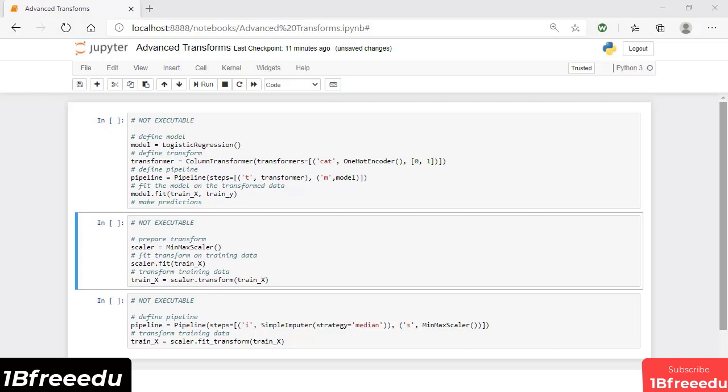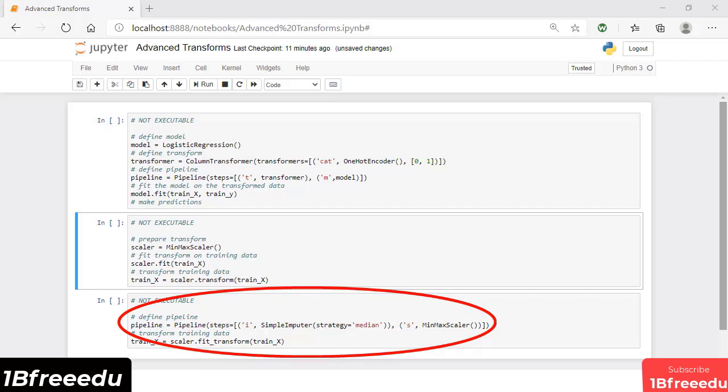It's important to prepare data prior to modeling. This may involve replacing missing values, scaling numerical values, and one-hot encoding categorical data. Data transforms can be performed using the scikit-learn library. For example, the simple imputer class can be used to replace missing values, the min-max scaler class can be used to scale numerical values, and the one-hot encoder can be used to encode categorical variables. Sequences of different transforms can also be chained together using the pipeline, such as imputing missing values and then scaling